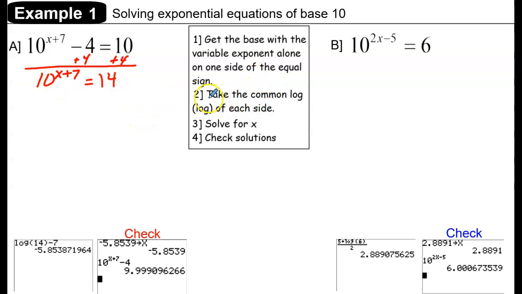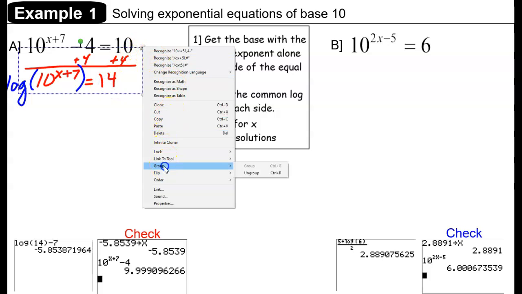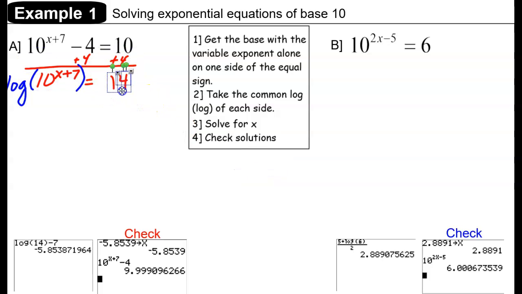Okay, now we're ready for step 2 to take the common log of each side. We're going to use a common log because the common log is base 10. So we're going to take the common log of 10 raised to the x plus 7 power, and we're going to take the common log of this side, which is 14. And then using the inverse property that we learned in the last lesson, the log base 10 of 10 to a power is equal to that power. So that brings the exponent down, x plus 7, and that's equal to the common log of 14 on the